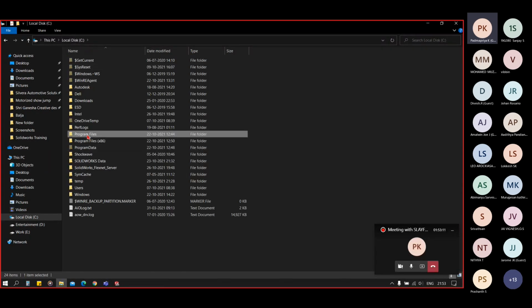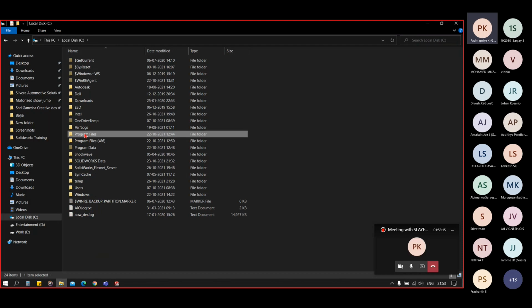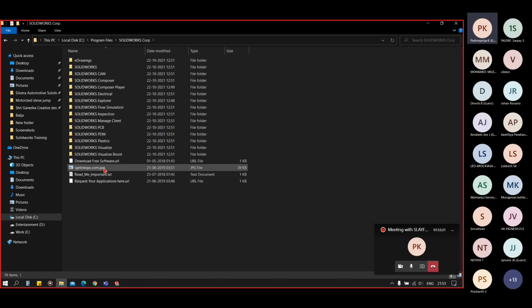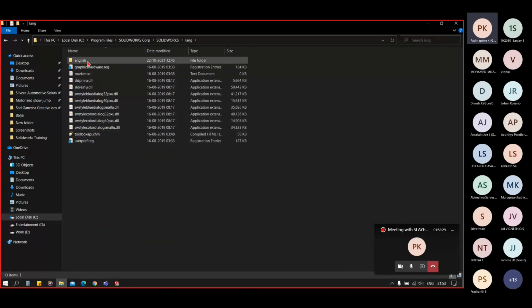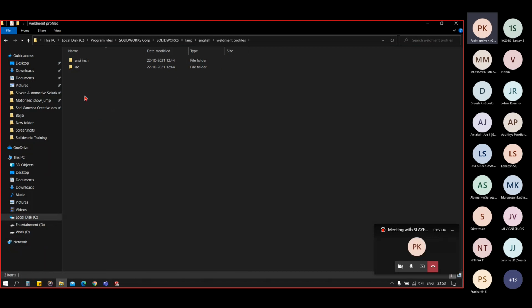Okay, sorry. Yes, in the program files, you see the program files here. In that SolidWorks Corp, SolidWorks, in that language, in that English, and in that Weldment profiles.